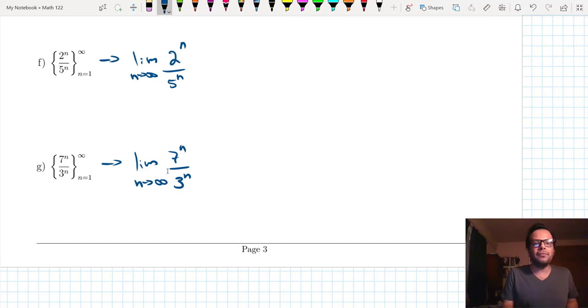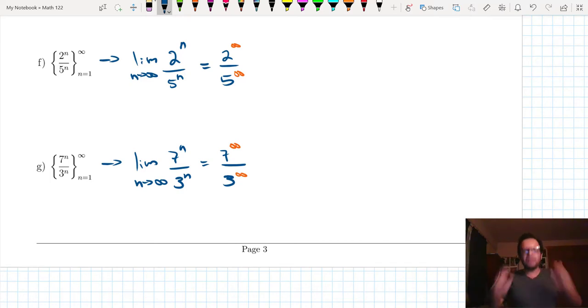Well, I'm going to plug in the infinities here. So 2 to the infinity over 5 to the infinity, and 7 to the infinity divided by 3 to the infinity. Okay. Of course, if we evaluate these quantities, we're going to get infinity over infinity, and that is one of the indeterminate forms. However, in this case, we can tell which one diverges and which one converges. Okay, and how can we tell that? Because in this case, notice